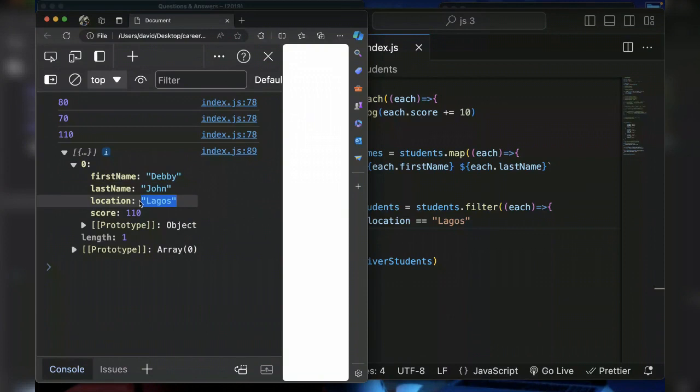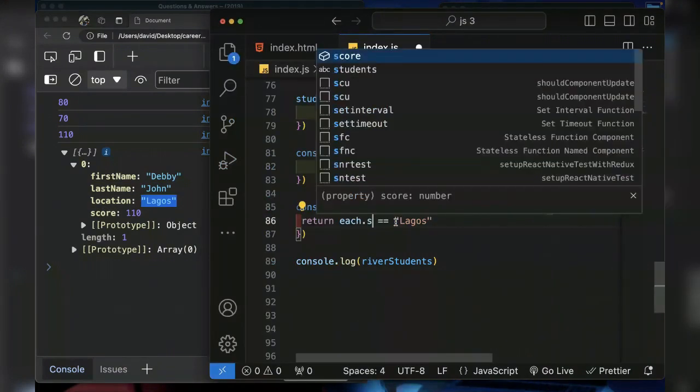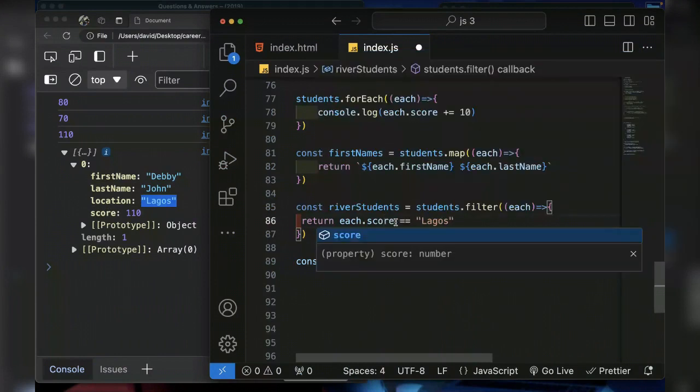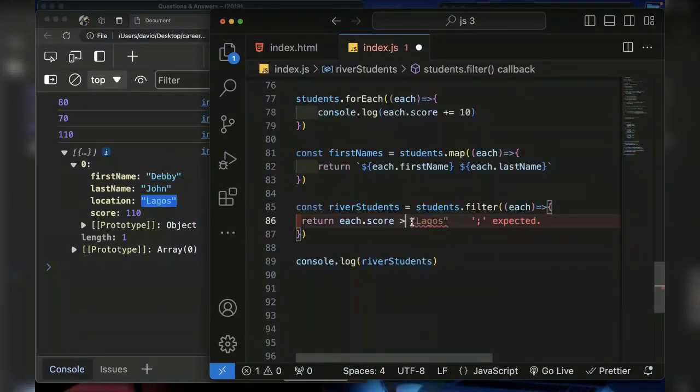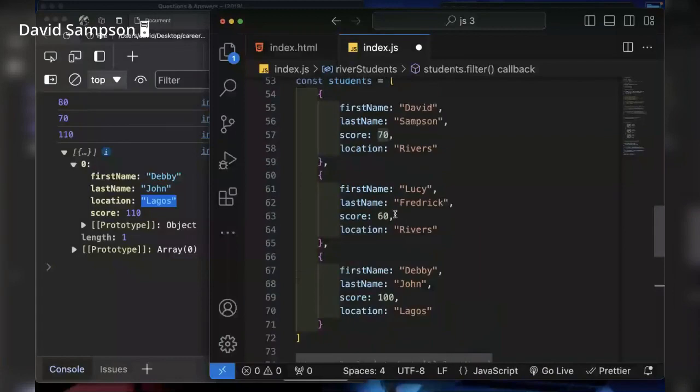Now this is just for 1. You can do something like, for those whose score is greater or equal to 60, the condition can be for those, maybe it's 60, 70. So there, the condition is to return the students whose score is greater or equal to 70. And if you look at it, we have 70 and 60 and 100. So it means that it will return the first and the third object. So if you refresh this,